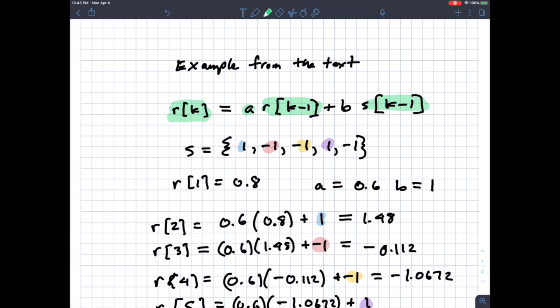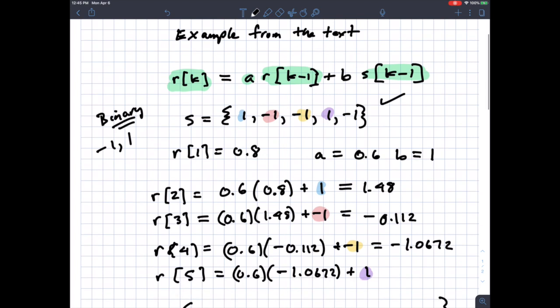So the optimal case would be we only have signal values, right? We're only receiving signal values, not some corrupted version of the signal values. All right, I say signal, I mean symbol values. In this particular example, he's looking at binary symbols. So the two symbols are -1 and 1. And what we have here is a sequence of 5 symbols that are being received, and he's going to apply this channel distortion and then see if we can come up with a matrix formulation that undoes the